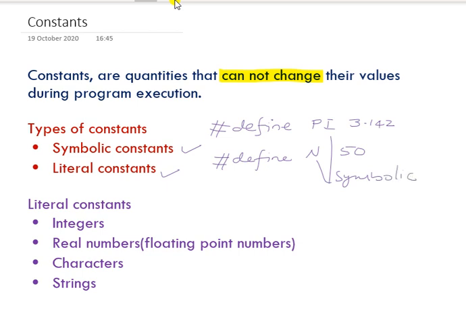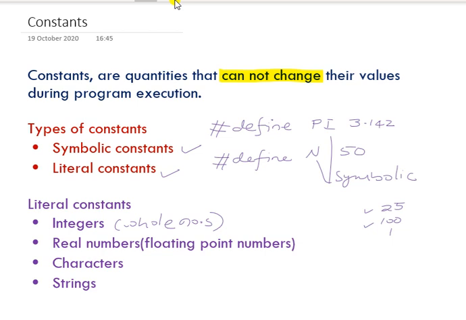And literal constants, they are literal, like integer 25, 100, 1. These are integers, whole numbers you can say. When we talk about whole numbers, they are integer constants and they are literal. These are literal values, no? That's why we call them literal constants.